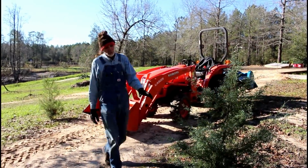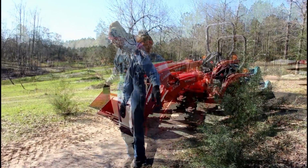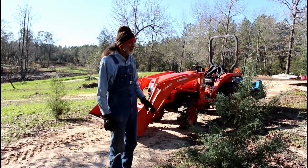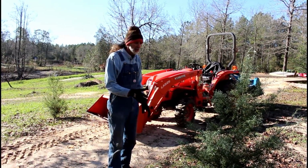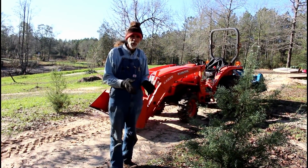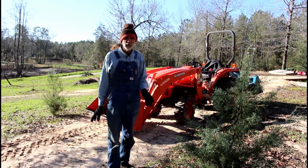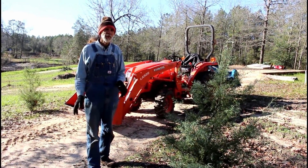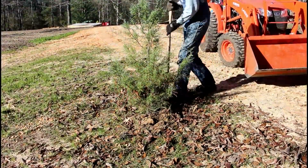All right, guys, we're over here. We've got 2 cedar trees here now. We realize we're going to have apple trees right here beside this, and we can't have these type trees next to our apple trees because of the cedar rust virus. So we're going to go ahead and move these. These were originally put here for an entrance into the cabin, but we're deciding that we'd rather have something else for an entrance. We're going